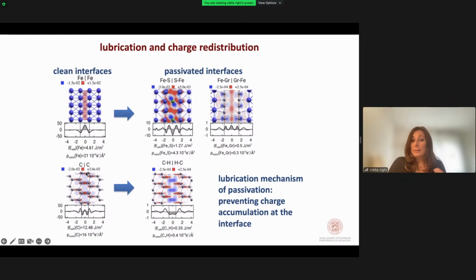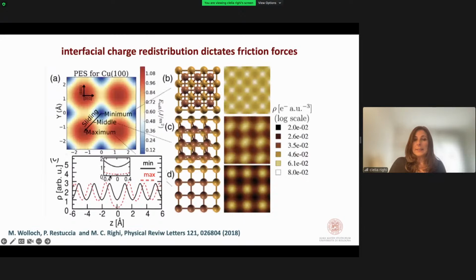The same holds, for example, for diamond on diamond, which has a very high adhesion, while hydrogenated diamond has an adhesion that decreases almost by 2 orders of magnitude, and this is because the charge that can accumulate in the interface is much lower than in clean diamond. So this fundamental understanding is important to design, for example, lubricant materials that are necessary to reduce friction in sliding contact. Indeed, we discovered that this electronic charge distribution is connected not only with the adhesion, but also with the frictional forces, because we analyzed the